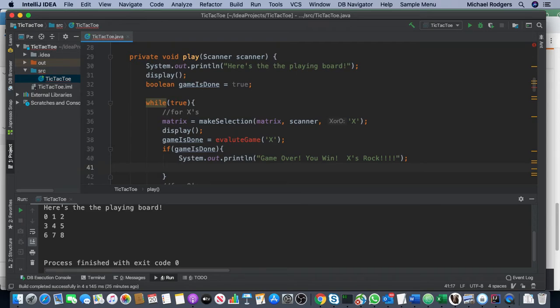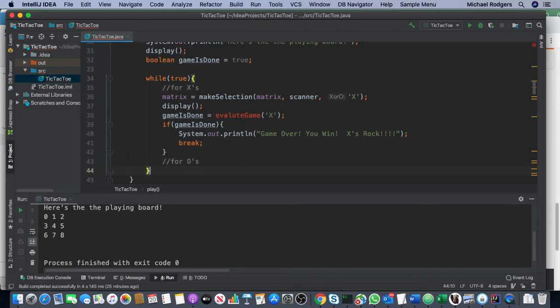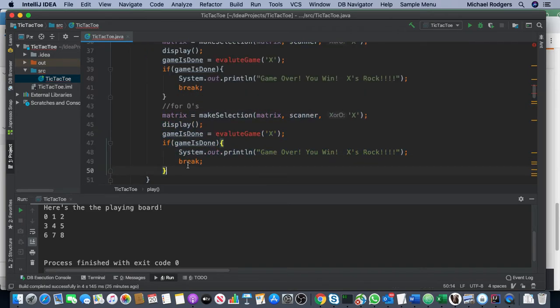And if that's true, then this is where we could break from our while statement. Okay. Well, now we have the same question for our y's, but here's the cool thing. Because we've written this in a way, we can actually just copy all of this, in fact. And you just paste it again, and all you have to change is y,